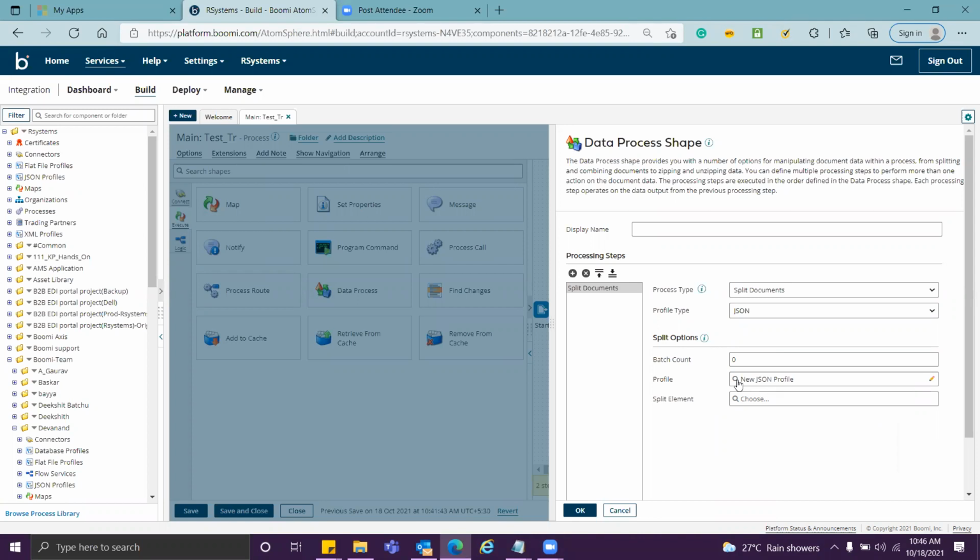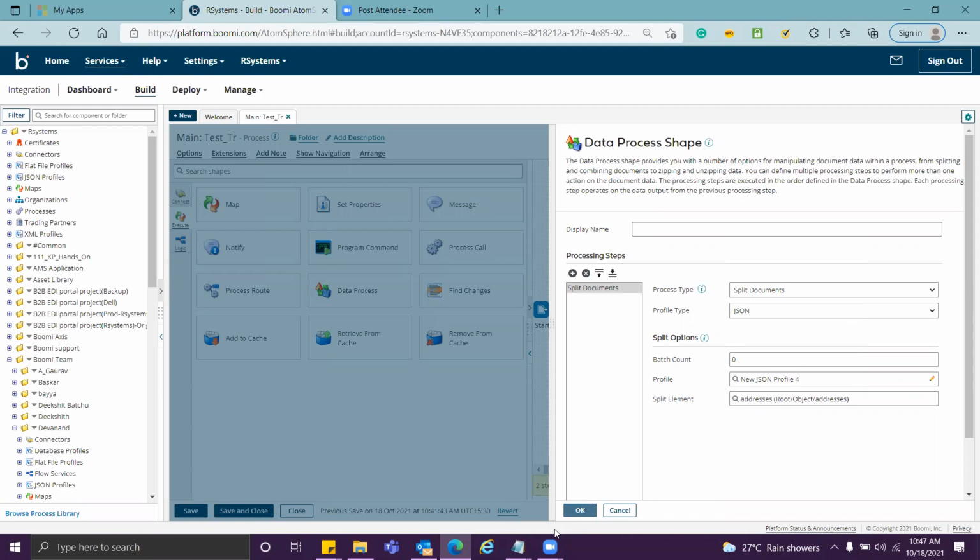All right. No, it's 4. Sorry. Now it will ask me through what element you want to split this. So if you click on this one, it will give you some objects on what element you want to split. So I click on addresses. So based on addresses, it will split my document.